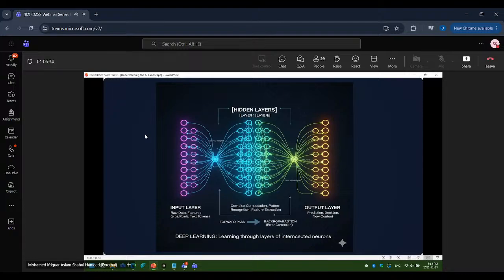Now we can decide how many nodes it has to run. The more nodes it runs, the more accurate result we will have. But the other caveat is the more nodes we have, the more compute power we need. So our compute power should be more in order to